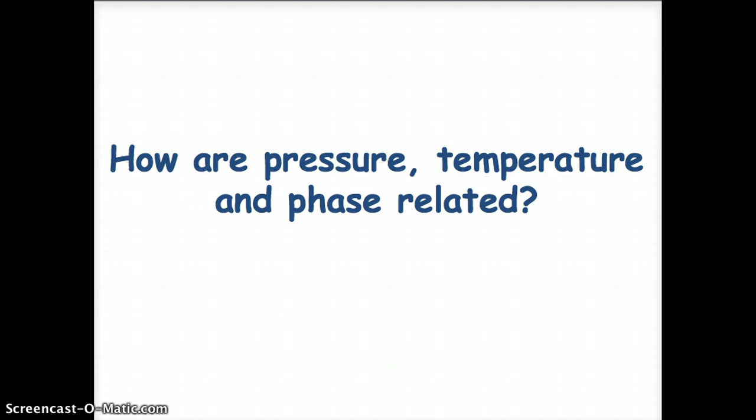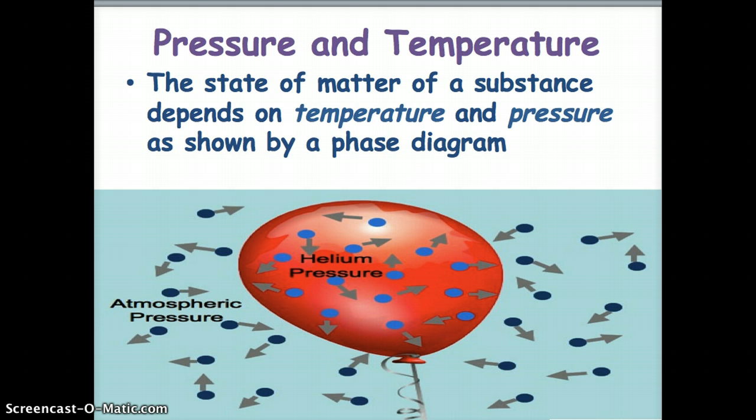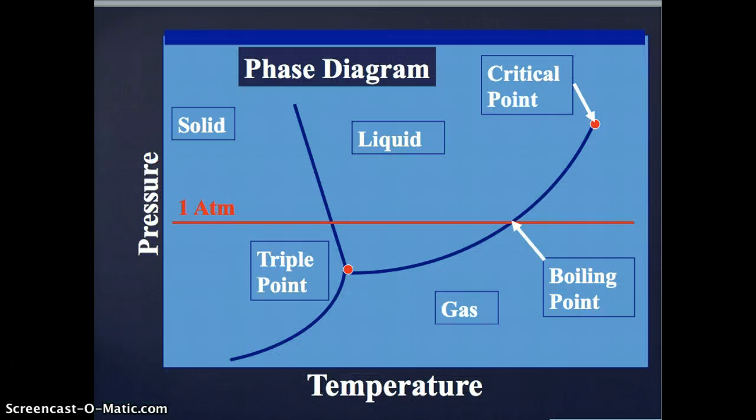According to the next slide, the state of matter, so whether something is a gas, a liquid, or a solid, depends on one of two things, or even both: temperature and pressure. Most people think temperature determines whether something is a solid or a liquid or gas, but pressure actually makes a huge difference too. Now, this is what we call a phase diagram, and you have to know the different